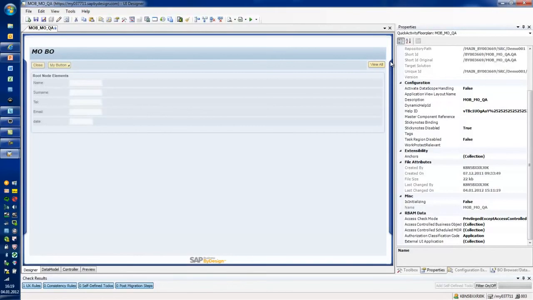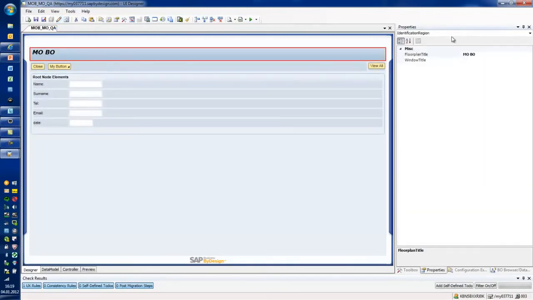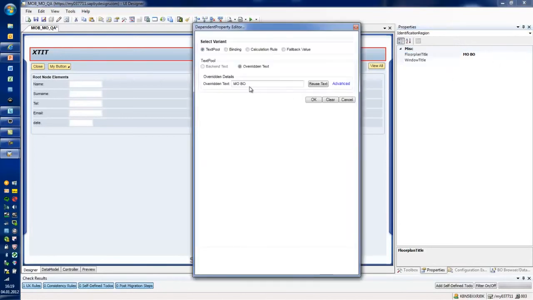So what the system did now was it reads the definition of the business object, and with that definition it now can come back with a simple user interface. And now it's up to you to change the user interface and to adjust it to the specific requirements that you may have. For example, here